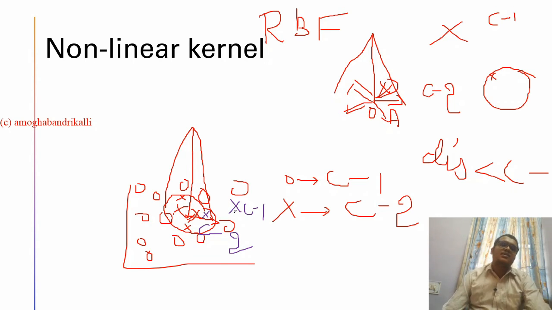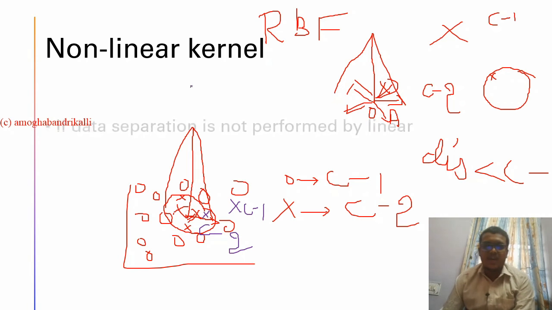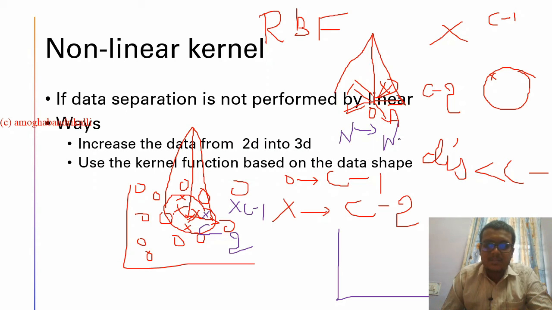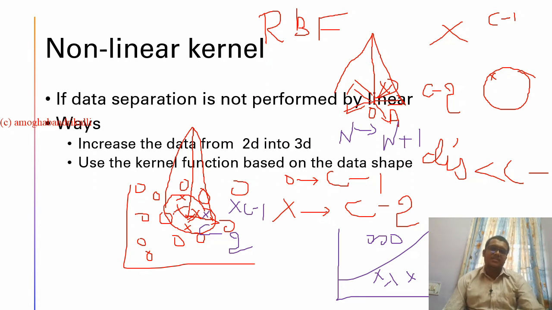So this is what non-linear data is, and you have two ways. One way was to use a non-linear kernel, that is RBF in SVM. Another way is to convert this linear data, that is 2D to 3D, that is from dimension n to n plus 1. So if you are converting it, it will be converted into this format. So after conversion, you can use linear separation as in the previous one, what you have just seen,